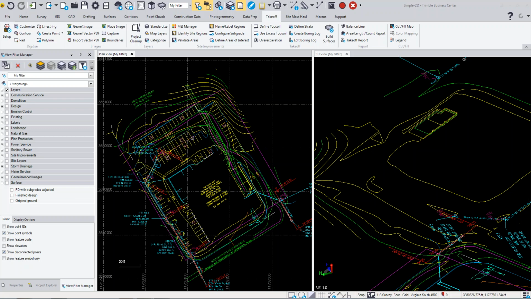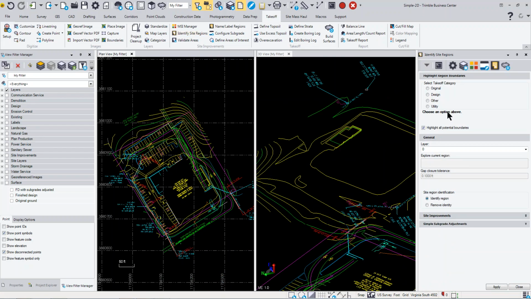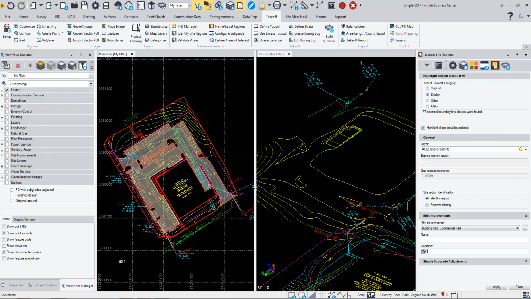The identify site regions is where you apply your site improvements to your project. On the takeoff tab, you can click on identify site regions, and then you can pick the category that you want to assign these site regions to. So if I pick design, what it does is it goes out and it finds all the areas that